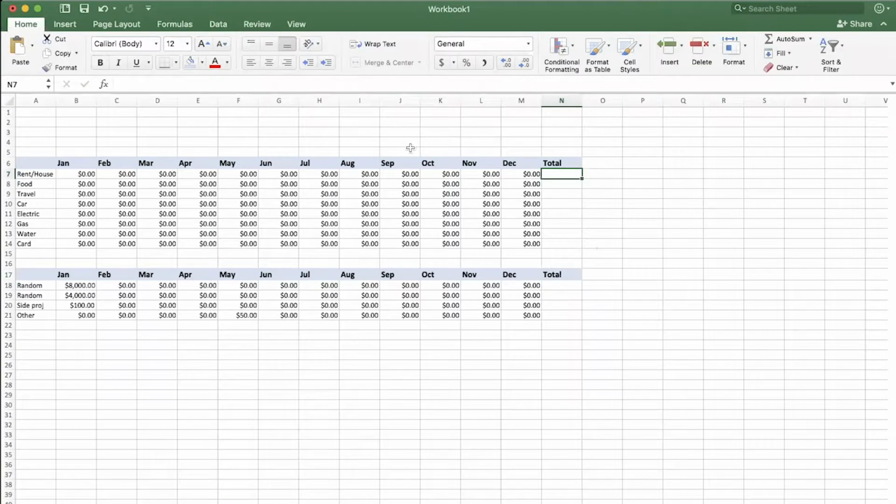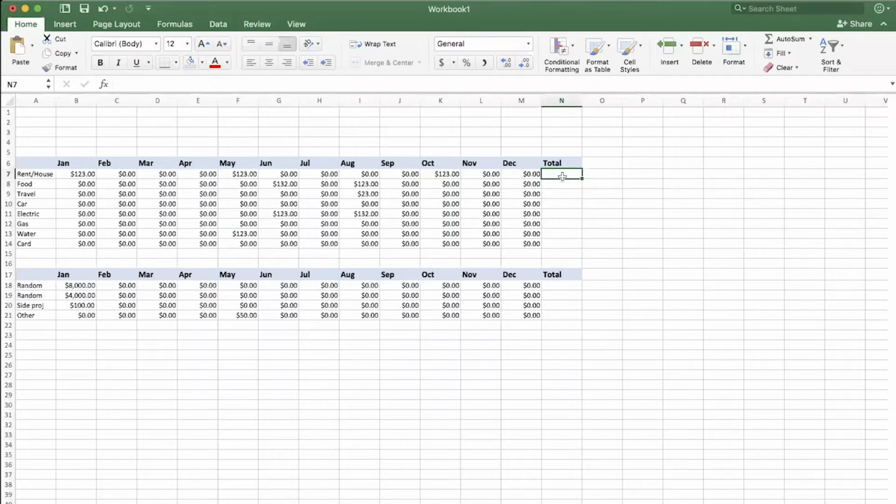And so for the total, I can use autofill, but I can't do it the way I did before. So what I'm going to do is I'm going to change some of these numbers just so I can see that there's something in there. I'm just going to change some of these numbers at random just to check, make sure it's working.